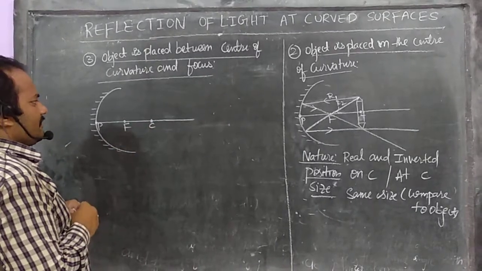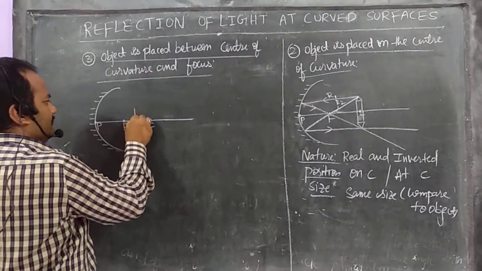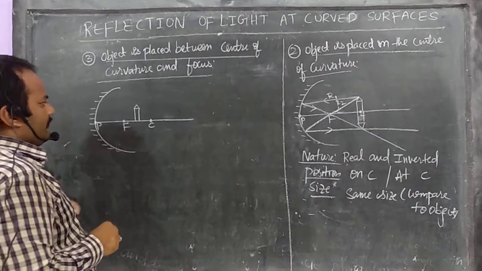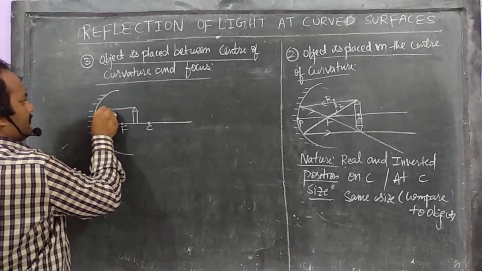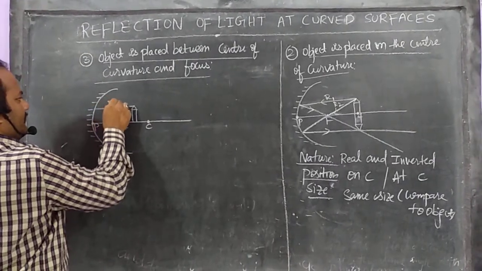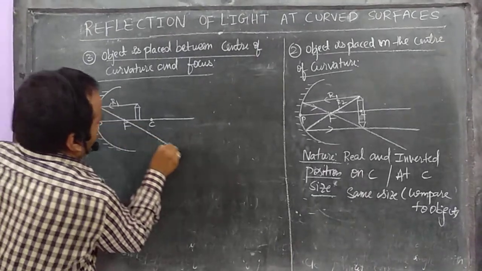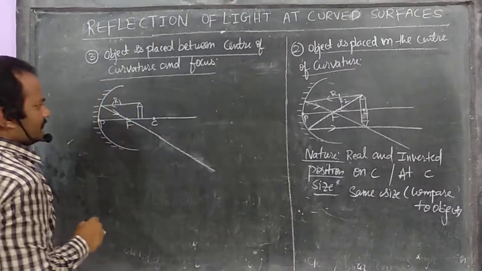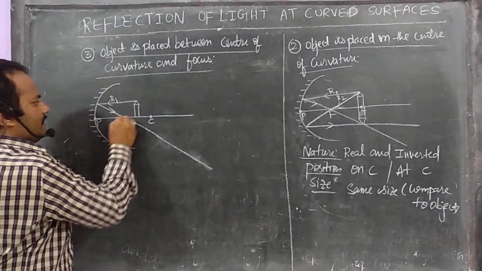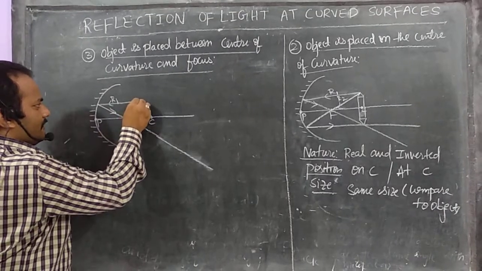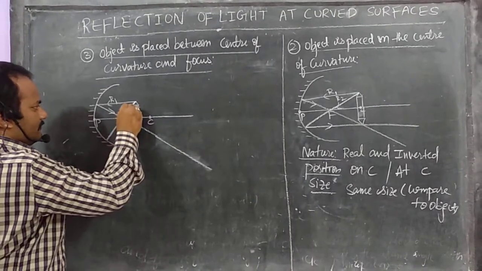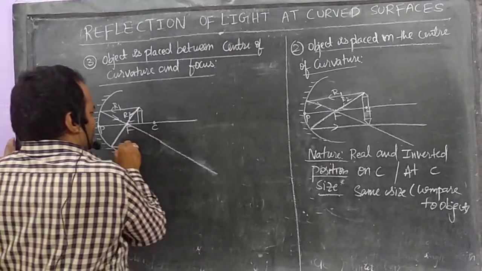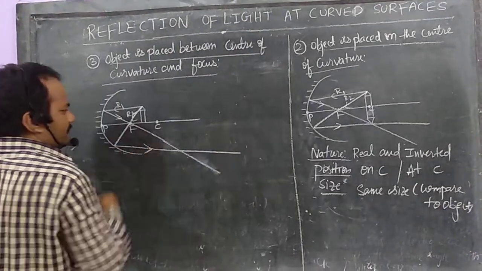What is the position, my dear students? The position of the object is between F and C. See, I place the object between F and C. There is a possibility of rule 1, because the focus point is clear. The incident ray is parallel and the reflected ray passes through the focus. Now, is there still a possibility of rule 2? Yes, the focus is still clear, so I can go with rule 2. The incident ray is passing through the focus and the reflected ray is parallel to the principal axis.